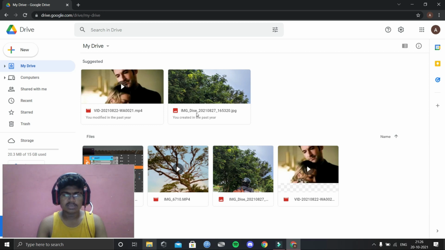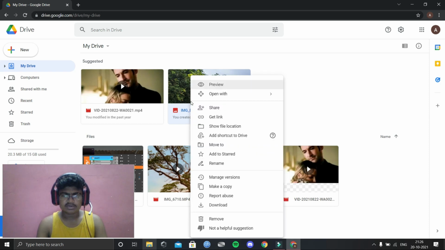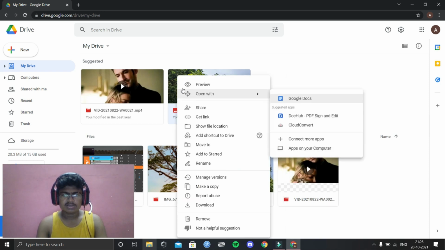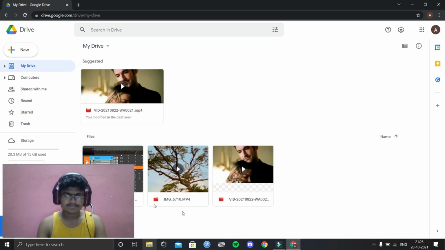And if I want to delete this image, I'll right click and the options show: preview, open with, share, get link, show file location, add shortcut, move to, starred, rename, manage versions, make a copy, report abuse, download, remove. You can just remove it, and the file gets removed. Again after that,